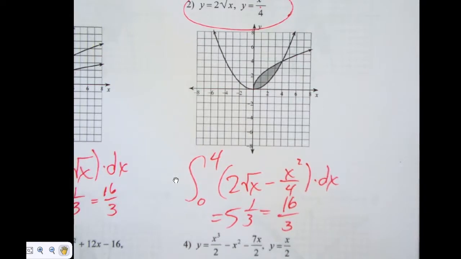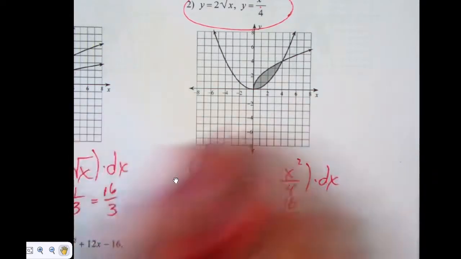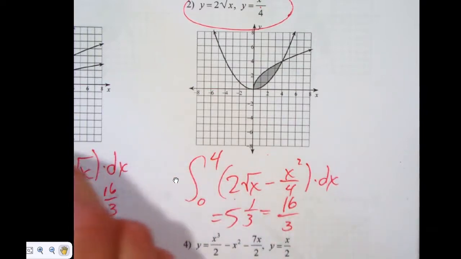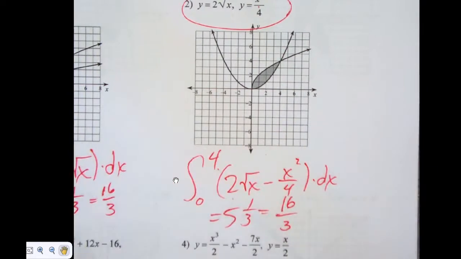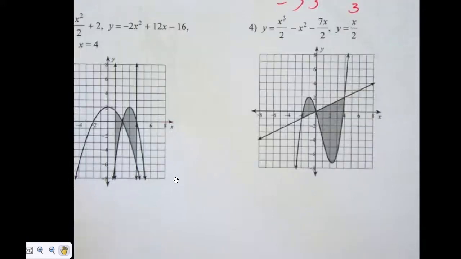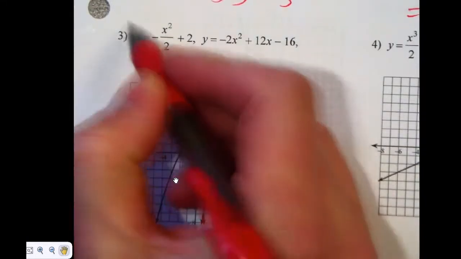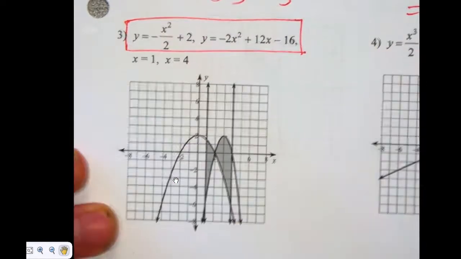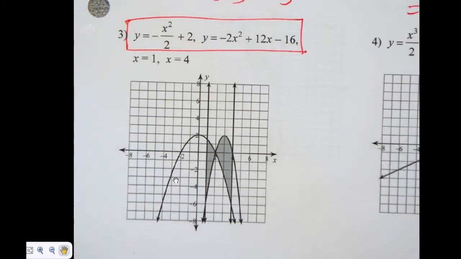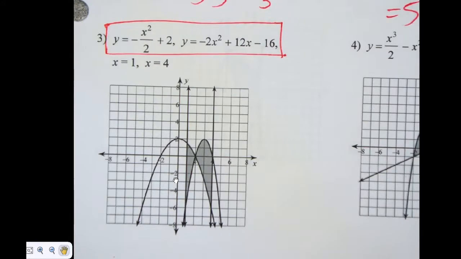All right. Any questions on 1 or 2? Are we caught up? Let's look at 3 because there's something a little different going on there. I want you to set those equal to each other, just to practice. I know we can look at it and see, but set those equal to each other and find out where they intersect. On the calculator. You're welcome to do that by hand if you want.